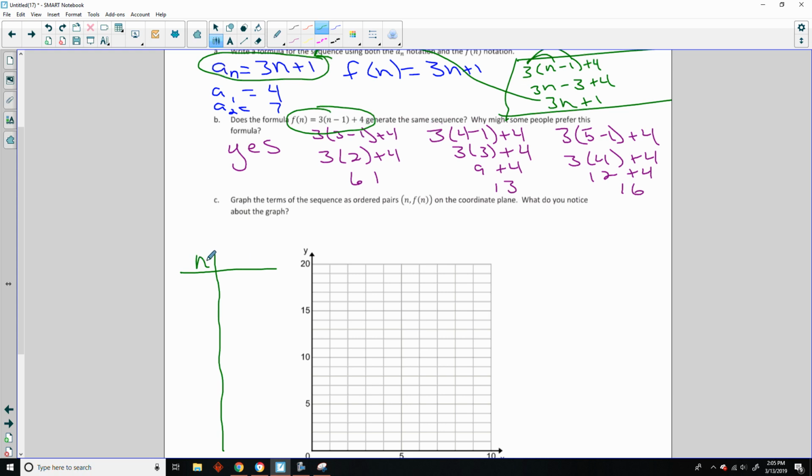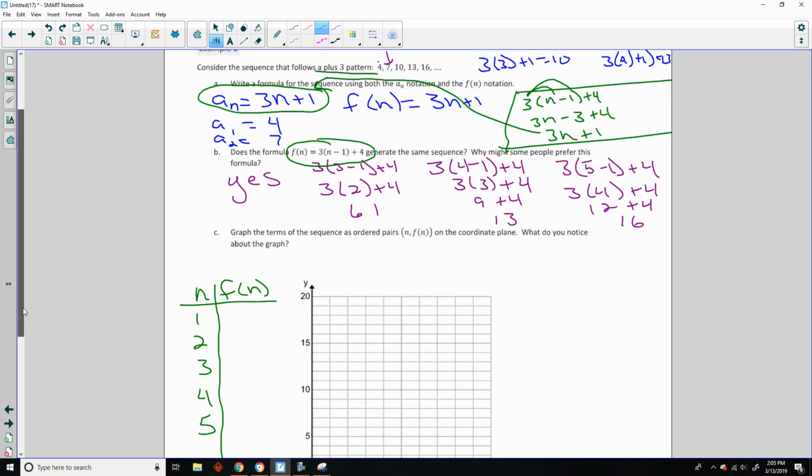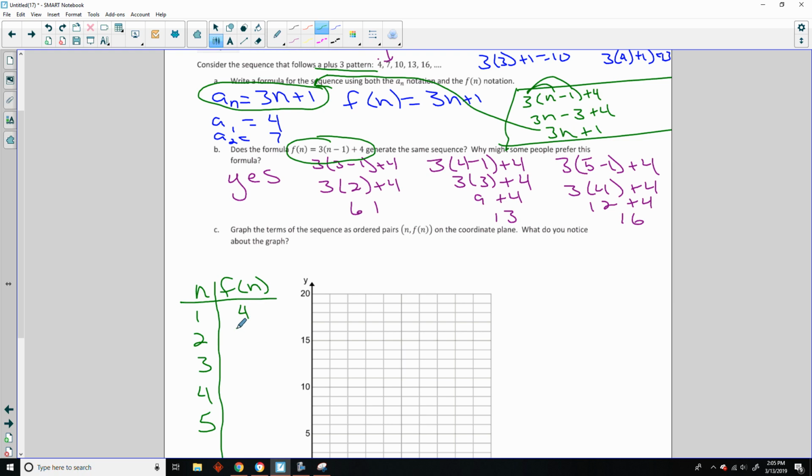My n is my independent variable, and my f of n is my dependent variable. And if I start with the term numbers 1, 2, 3, 4, 5, then I get 4, 7, 10, 13,